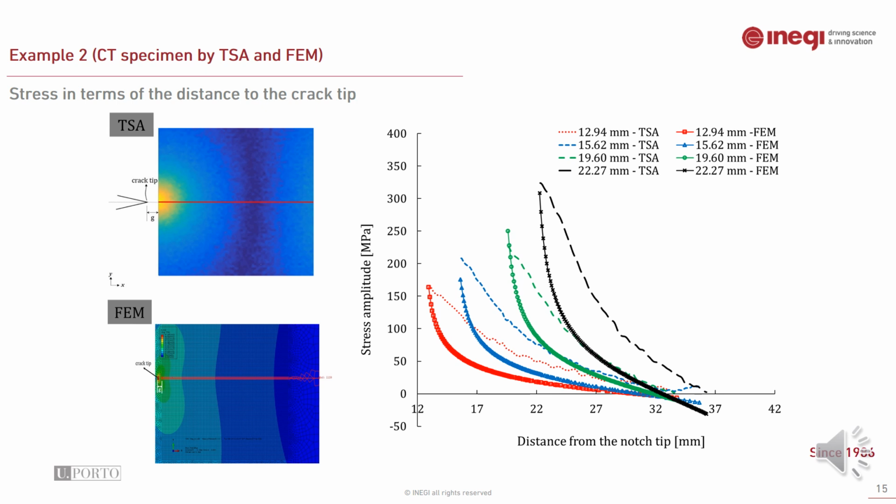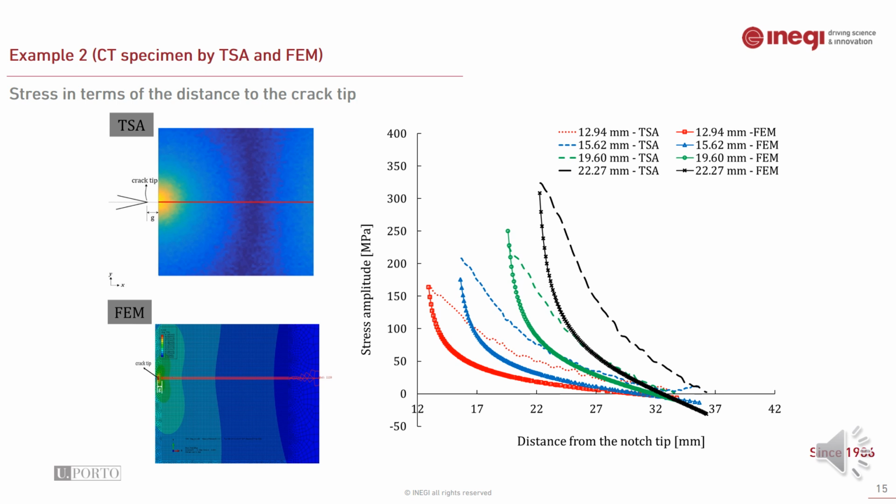A gap was considered after the crack tip, and a path was defined from that gap to the end of the specimen edge. So the stress was monitored from TSA and the finite element method for 4 different crack lengths